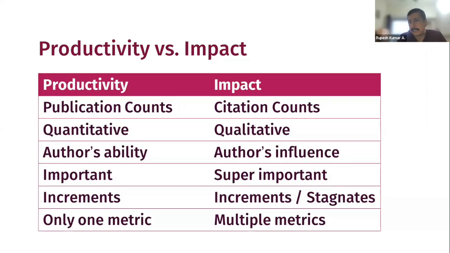So, productivity is always dependent on the author's ability, author's efforts. On the other hand, impact is the author's influence on others through the publications. So, it is the author himself or herself who can increase the productivity. But it is not the author who can increase the impact. It is the others who have to attribute citations, who have to give citations in order to